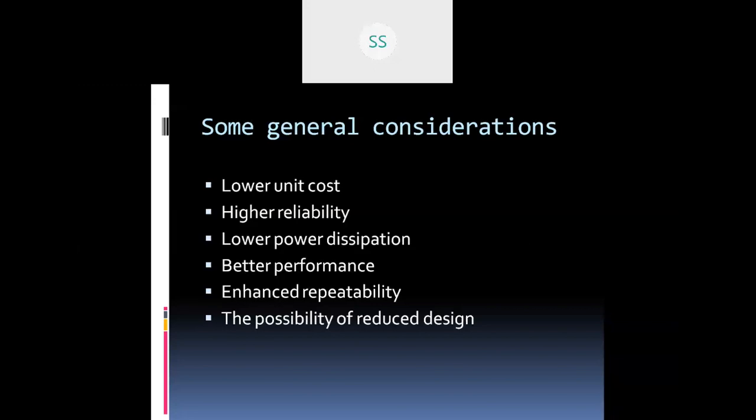Then coming to the next point, it is always better performance. This is a must, and performance is measured in terms of the speed-power product. So what are the factors that are disturbing this performance, and how to improve the performance? All those have to be considered while designing the subsystems, because the performance of the subsystem has a direct impact on the functioning of the system as a whole.